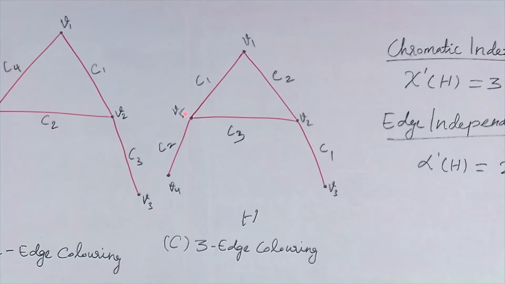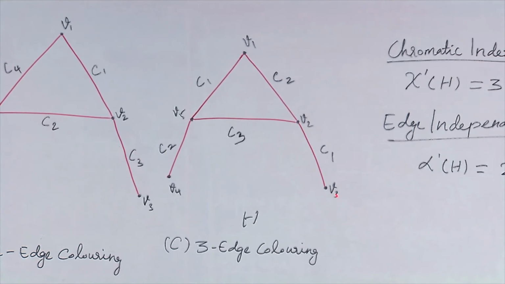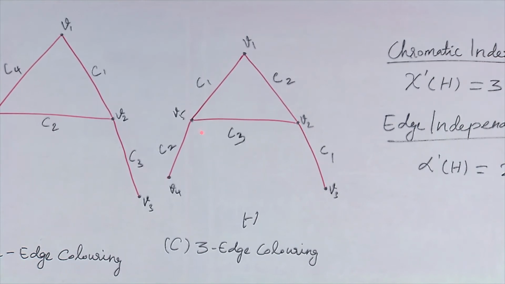If we consider this edge V5V2, I cannot consider this edge as well as this edge. Therefore, the singleton set V5V2 is an independent set there. And if I consider V3V2, I cannot consider the edges V1V2 and V2V5. So, I can consider V3V2 and V5V4, and there also I will have only 2 elements, that is V2V3 and V5V4. I cannot consider V5V1 also, because V5V1 is adjacent to V5V4.